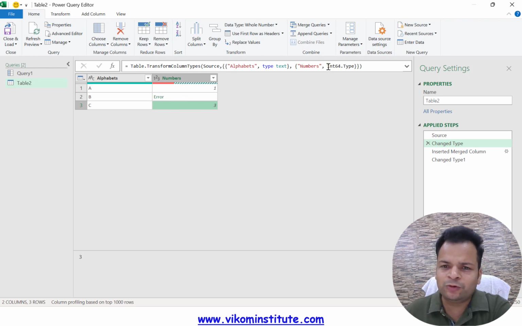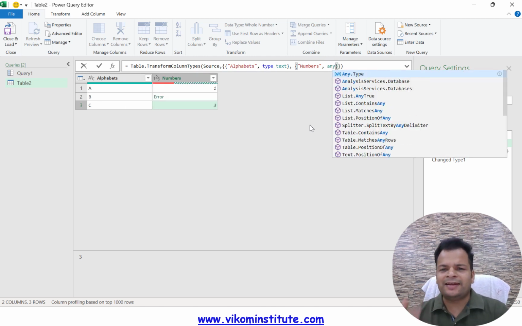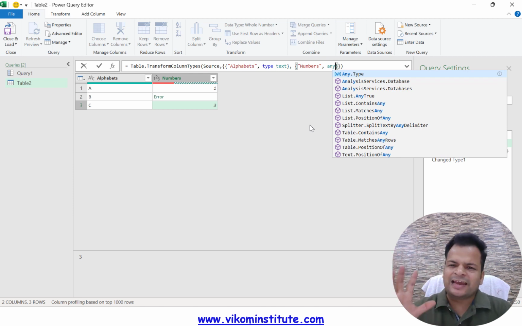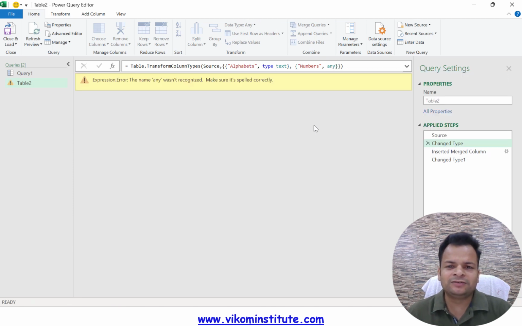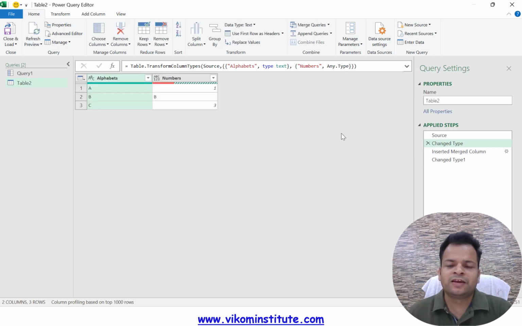So what we can do, we can simply remove this and we can type any. Now the any data type means you can enter anything: text, number, date, boolean, true and false, anything. Now click OK. Here we have any type.